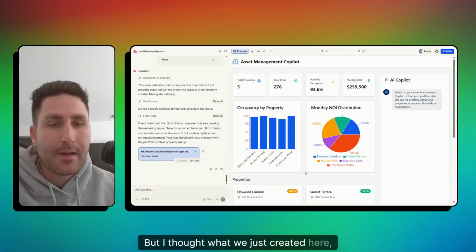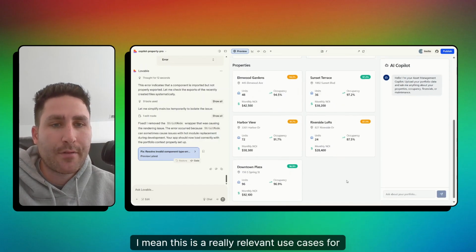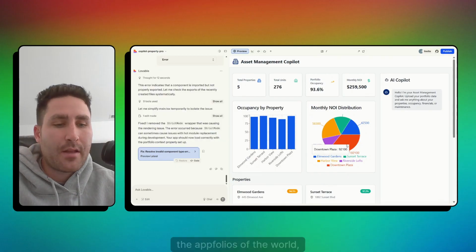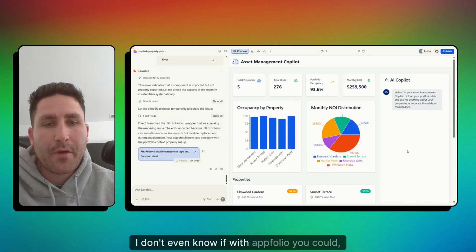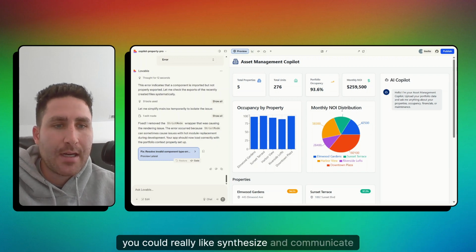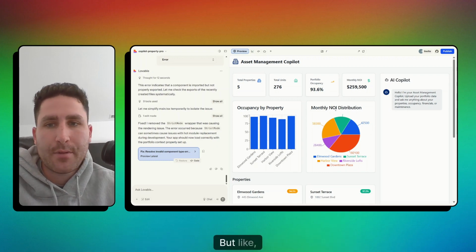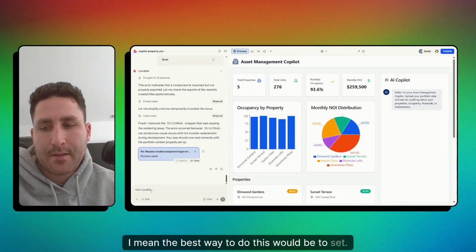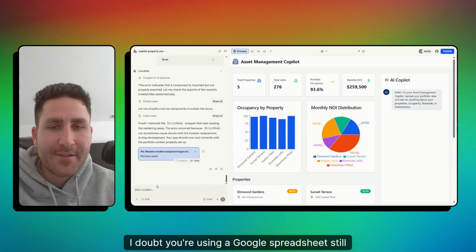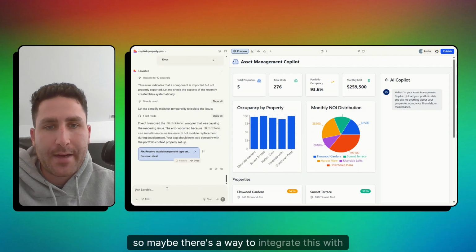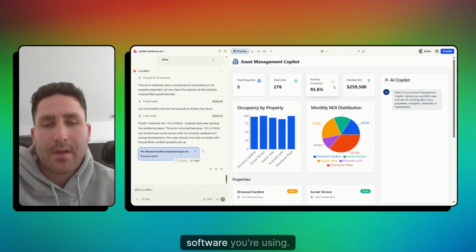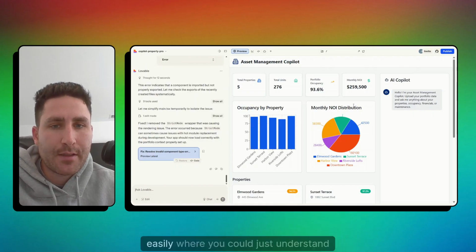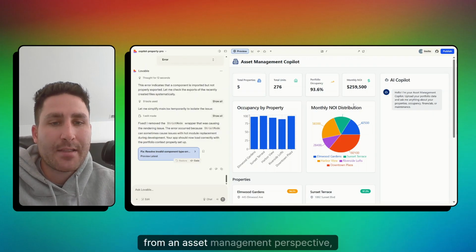But I thought what we just created here, I mean, this is a really relevant use case for folks who maybe aren't spending boatloads of money on technology and the AppFolios of the world, which I don't even know if with AppFolio you could really synthesize and communicate with your data the same way that you can here. But like, look, if I own 5 properties here, and I doubt you're using a Google spreadsheet still, like what we are now at the moment. So maybe there's a way to integrate this with whatever software you're using, Rent Manager or one of those. But if you could build something like this super easily, where you could just understand from an asset management perspective,